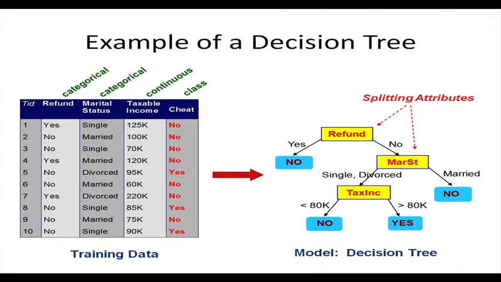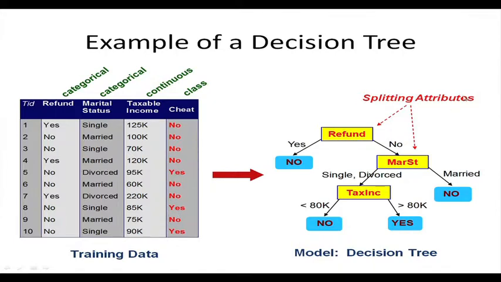So, this is basically known as decision trees, or trees, and the rules are represented by diagrams. Now, I am giving one example of a decision tree here that you can look at. For example, you see these categories, whether the refunds are made or not. This is the marital status, this is the taxable income, and whether they have cheated or not cheated.